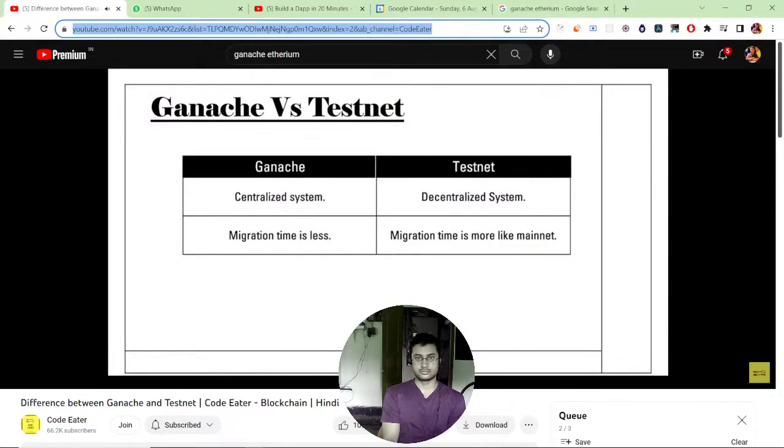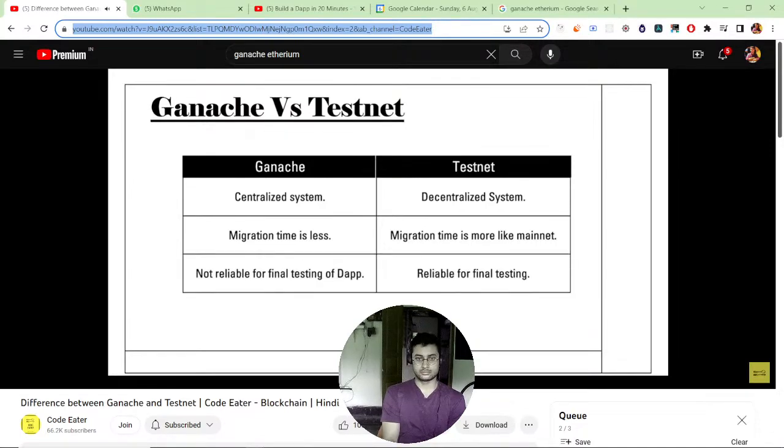बट क्योंकि गैनाश एक लोकल ब्लॉकचेन सॉल्यूशन है जो कि सिर्फ और सिर्फ हमारे सिस्टम पे रन कर रहा है, यहीं पे ये मात भी खा जाता है। क्योंकि अगर आप अपनी फाइनल टेस्टिंग के लिए गैनाश का यूज करते हो, आपने डिसेंट्रलाइज्ड एप्लीकेशन बनाई और आपने सोचा मैं इसकी फाइनल टेस्टिंग गैनाश पे करूंगा, तो गैनाश पे डेफिनेटली आपकी टेस्टिंग तेजी से हो जाएगी, जल्दी हो जाएगी, बट स्टिल वो रिलायबिलिटी आपको नहीं मिलेगी कि एक्चुअली में आपकी डिसेंट्रलाइज्ड एप्लीकेशन सही से वर्क कर रही है कि नहीं कर रही।